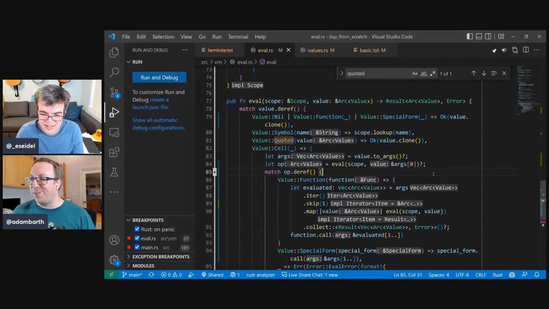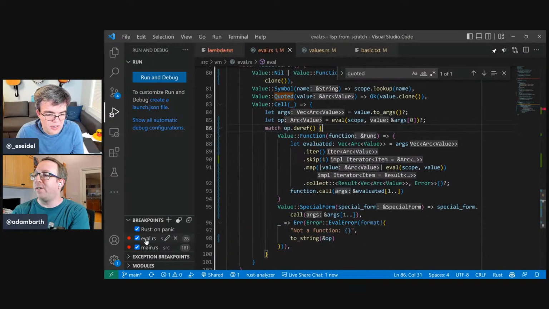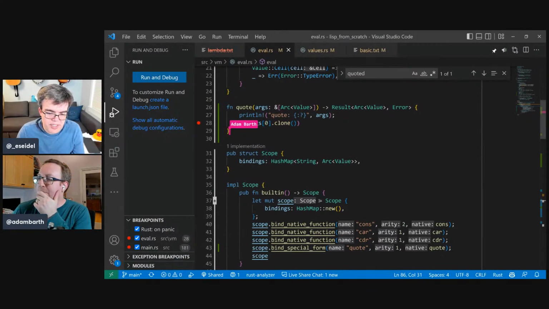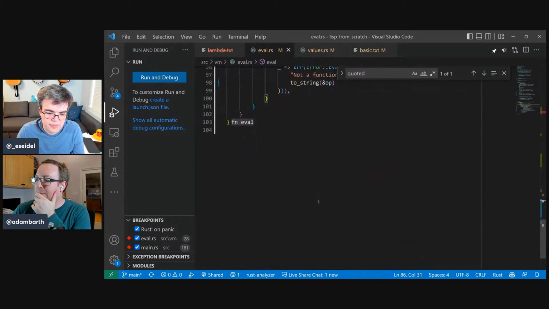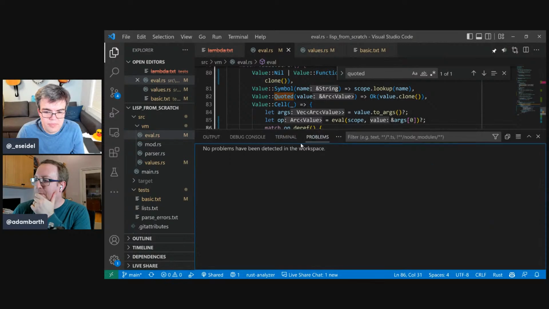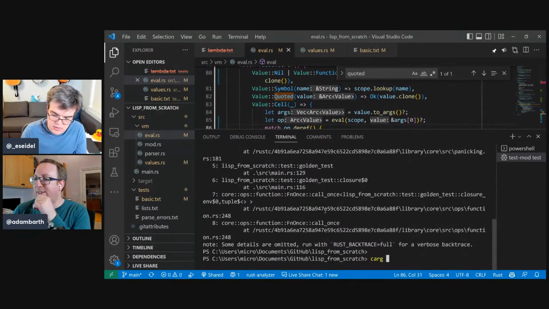All right, maybe the debugger was too optimistic. But let's just see if quote is being called. Just say print line quote. Okay. We could also try this in our interpreter, right? We could try. It's also likely that